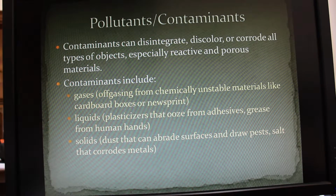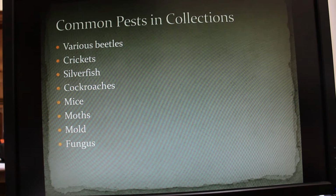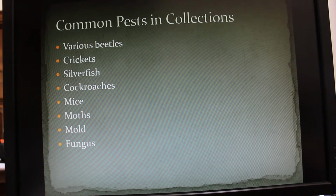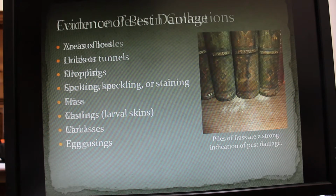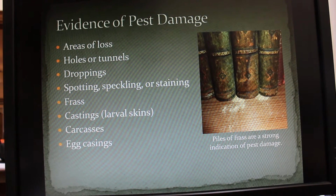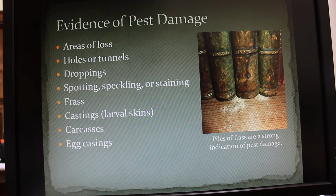Pollutants and contaminants to be aware of. So we're going to be keeping dust off of items. We're going to be keeping sticky things like tape and anything that would have adhesives on it, keeping those away from our collections because those degrade over time. We're also going to be keeping an eye out for any pests that may have infested the collections at any point. So you may see beetles, crickets, silverfish, cockroaches, evidence of mice, moths, mold, fungus. Any of these things can infect your collections. And these are some things to be aware of and just keep an eye on as we're working on this